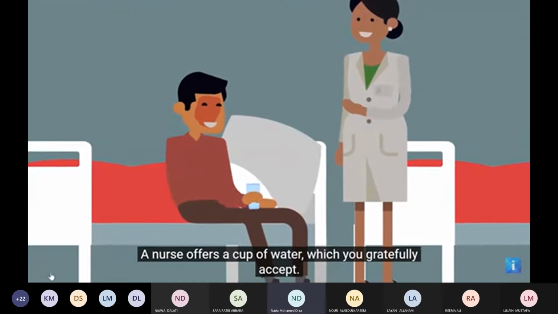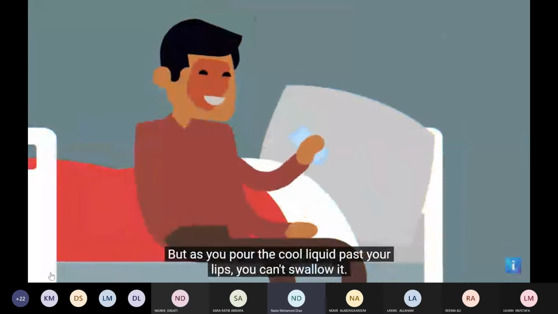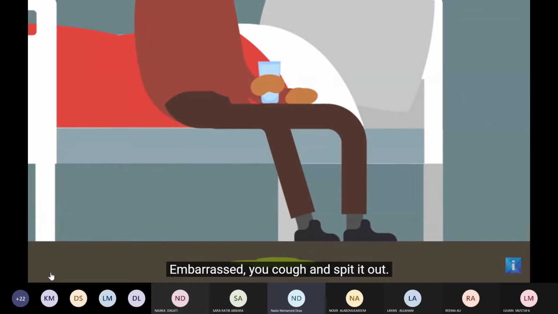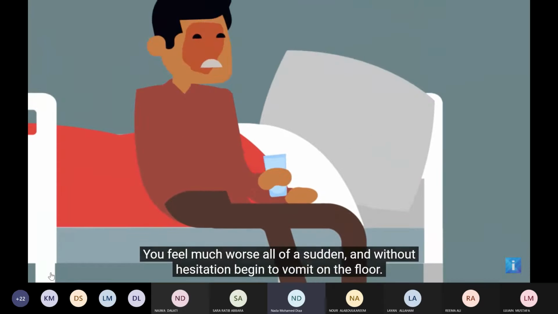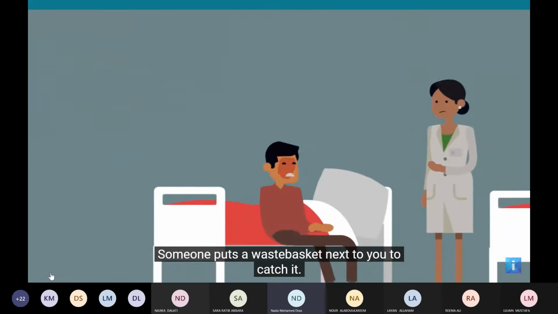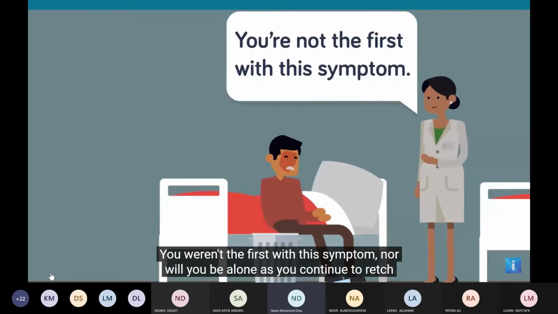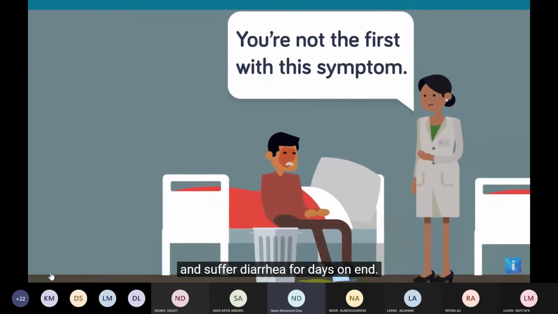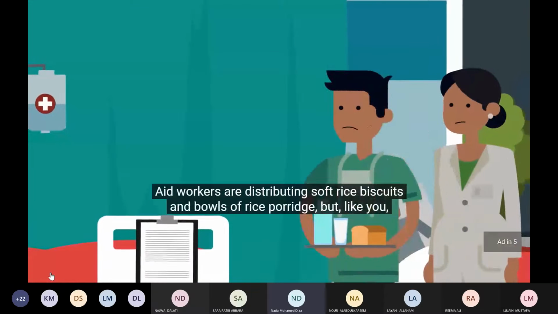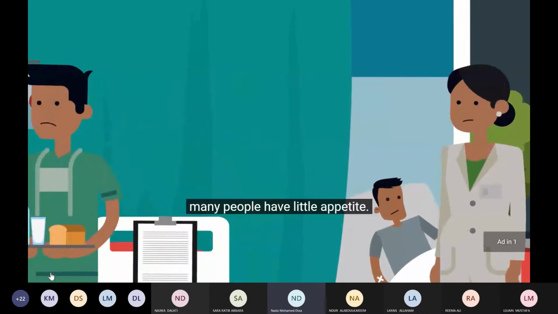You feel feverish. A nurse offers a cup of water, which you gratefully accept. But as you pour the cool liquid past your lips, you can't swallow it. Embarrassed, you cough and spit it out. You feel much worse all of a sudden, and without hesitation begin to vomit on the floor. Someone puts a wastebasket next to you to catch it. You aren't the first with this symptom, nor will you be alone as you continue to retch and suffer diarrhea for days on end. Aid workers are distributing soft rice biscuits and bowls of rice porridge, but like you, many people have little